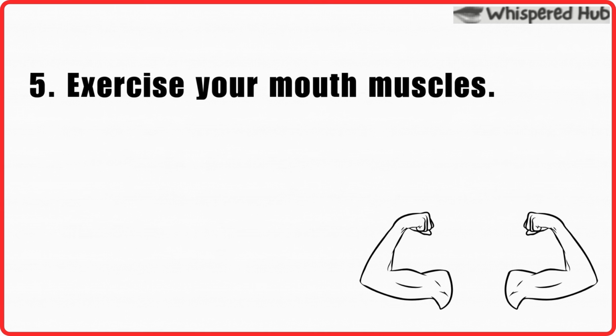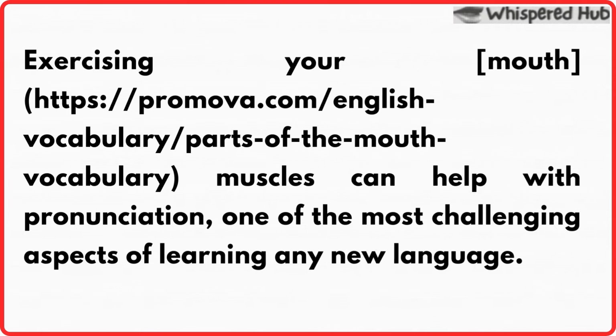Tip number 5. Exercise your mouth muscles. Exercising your mouth